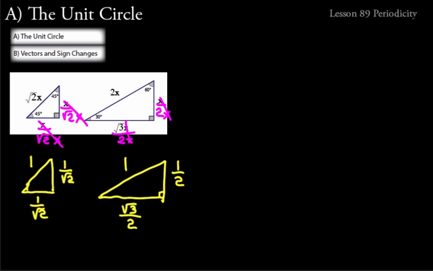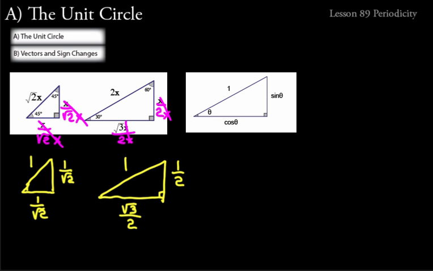So we have a half, square root of 3 over 2, 1 right triangle there. Now here's where that unit circle idea starts to get interesting. Look at this unit triangle that I just put up. When the hypotenuse of a right triangle equals 1, the other two sides just equal sine theta for the opposite one and cosine of theta for the adjacent one to angle theta.